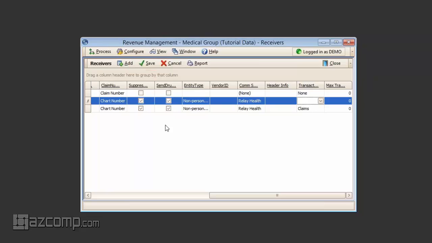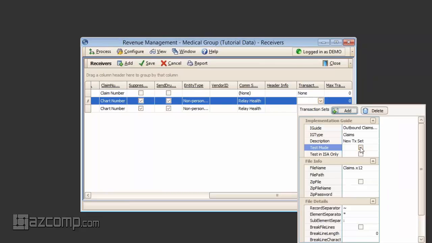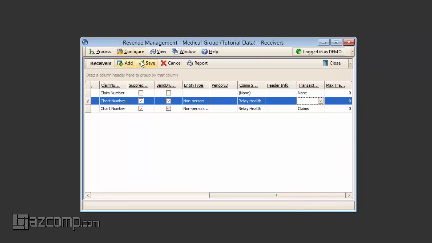When you're done with that, make sure that you back all that out. After you send your test claims, you need to come back into revenue management, take it back out of test mode, and save it, so that the rest of the claims you're sending out are not sent as test claims, so they'll get processed. And then you, of course, need to go back to the insurance and change that setting or that effective date. All right? So that's essentially how you're going to create your test claims to submit them